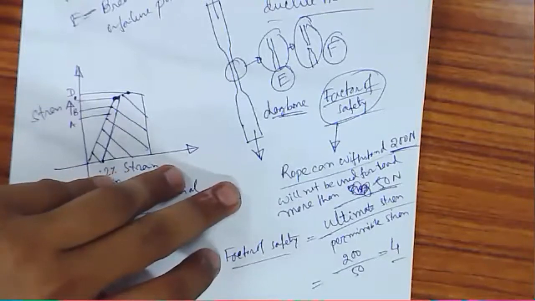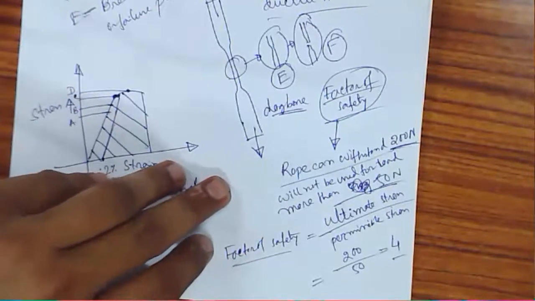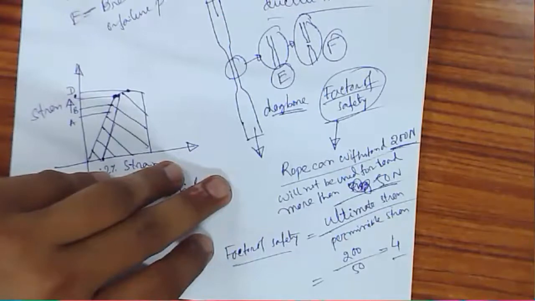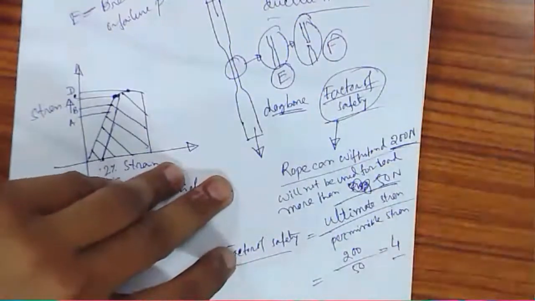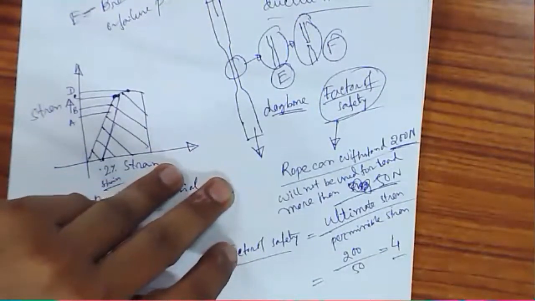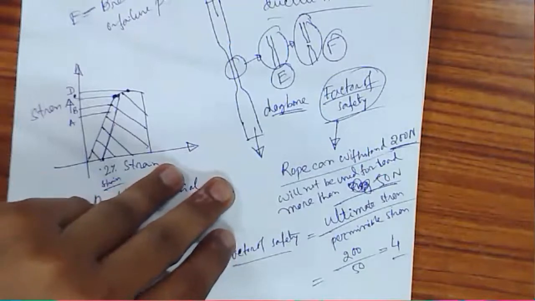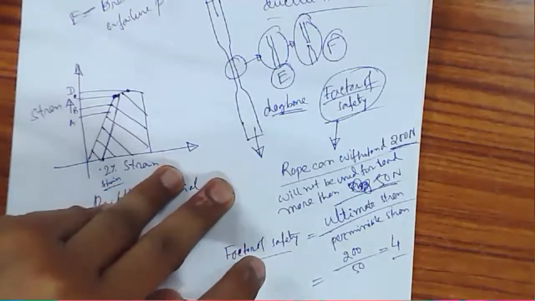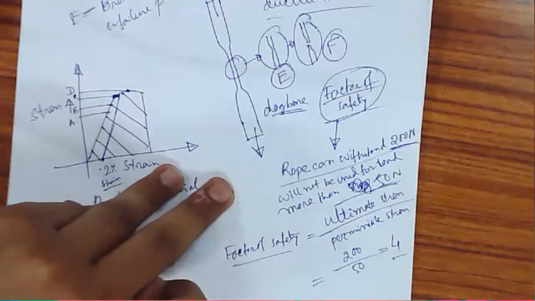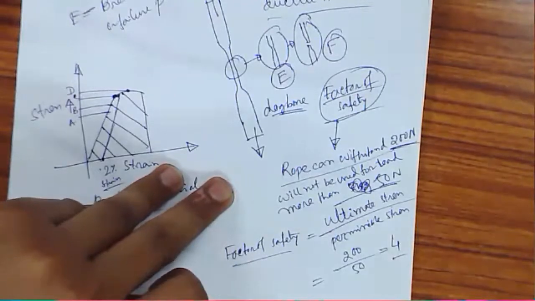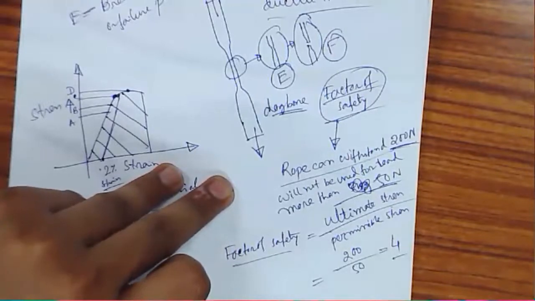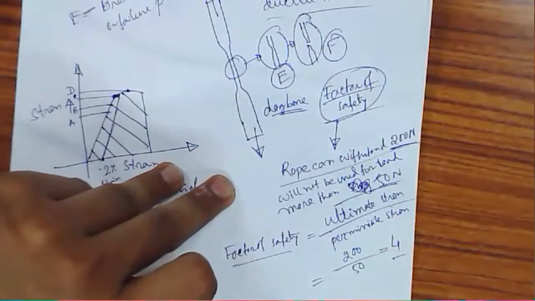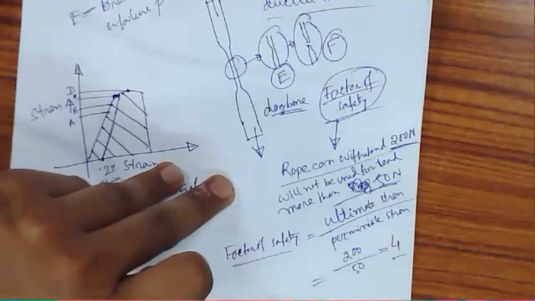Hello, sir. Why is it written that it will not withstand a load of more than 50 Newton? Because suppose we are using 100 Newton, then another person will come and say, this takes 200 Newton, why are you giving only 100, give it 150, it will take it. Then the labour applies 150 Newton loading, and it will still work, but then someone else will come and say it takes 200 Newton anyway, so run it at 200 Newton, and he will apply 200 Newton.